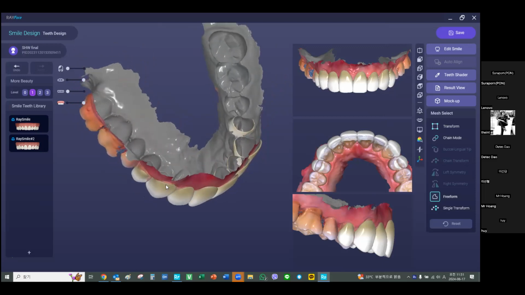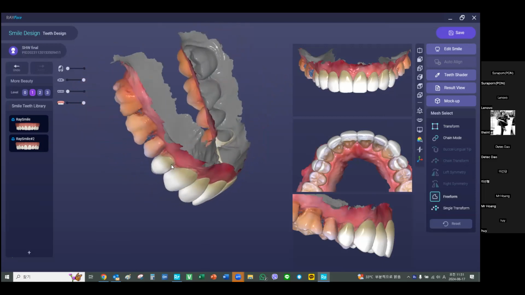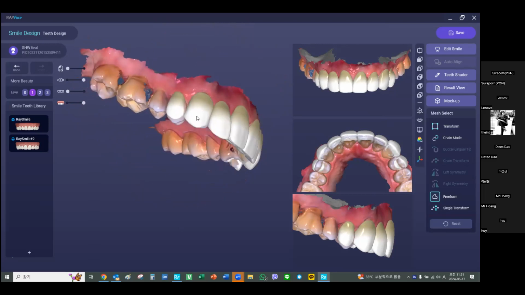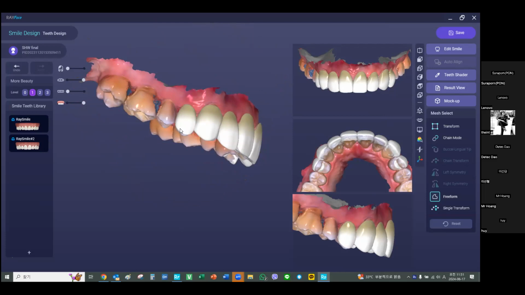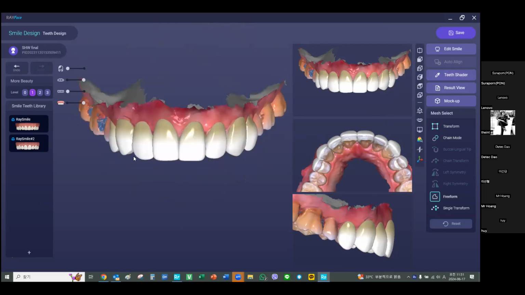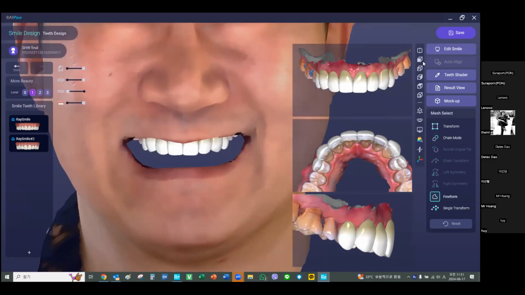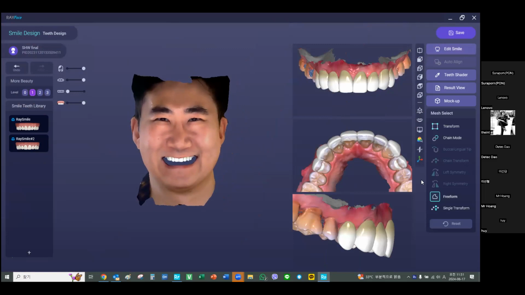Not that hard at all. Okay, not long. Okay. Check with the face. Sorry, I'm not good designer, but I just wanted to show you this is very easy. Okay, when I finish my design,